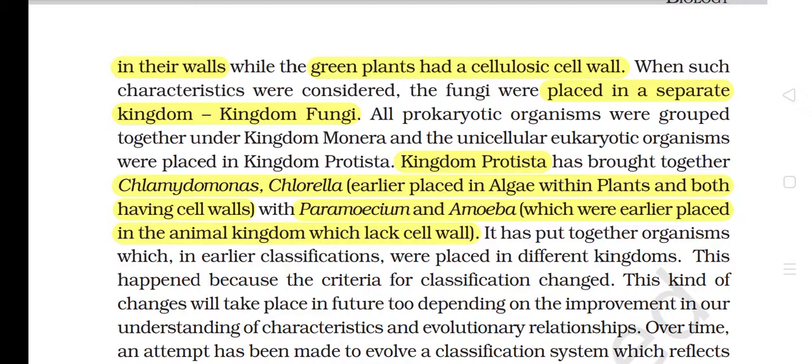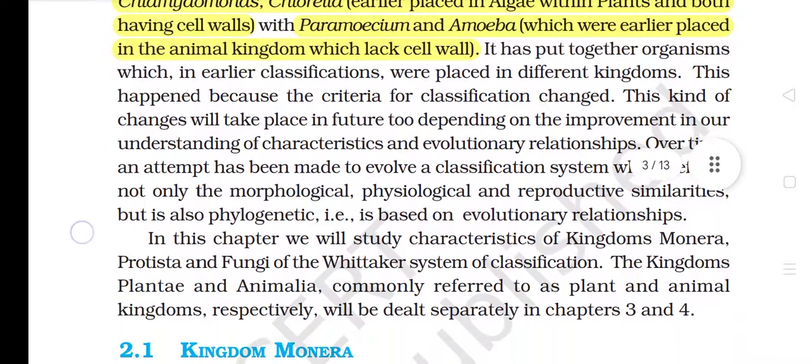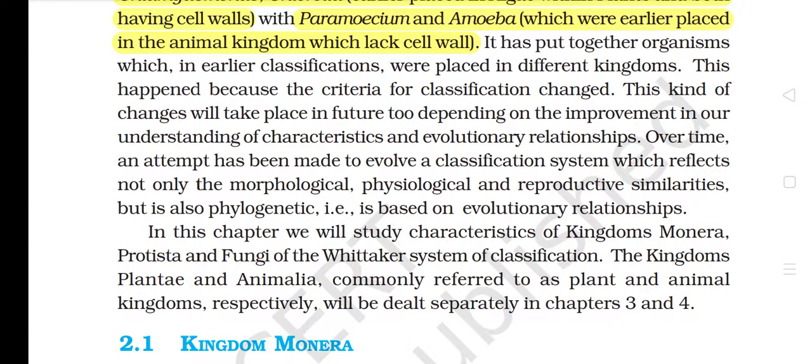Kingdom Protista has brought together Chlamydomonas and Chlorella, earlier placed in algae within plants, and both having cell walls, with Paramecium and Amoeba, which were earlier placed in the animal kingdom, and which lack a cell wall. It has put together organisms which in earlier classifications were placed in different kingdoms. This happened because the criteria for classification changed. This kind of change will take place in future too, depending on the improvement in our understanding of characteristics and